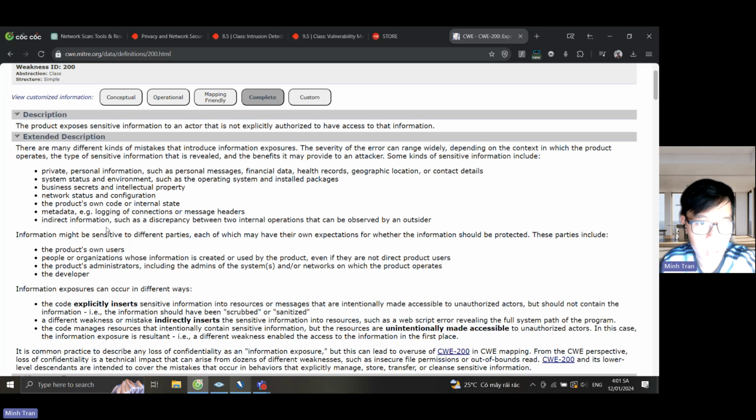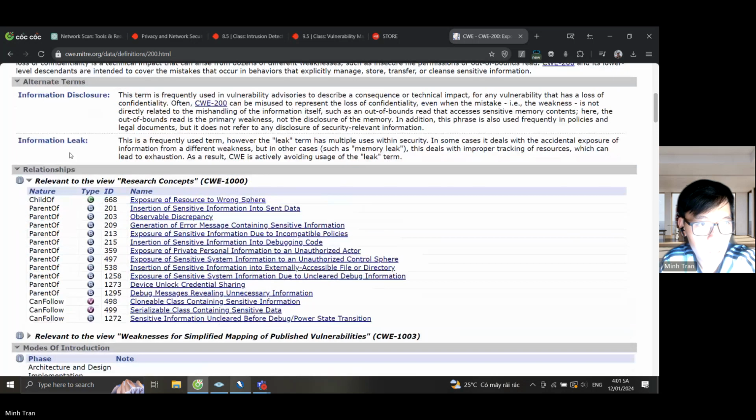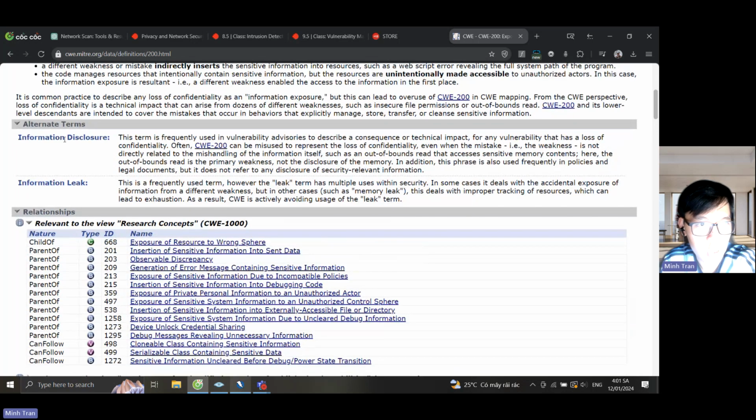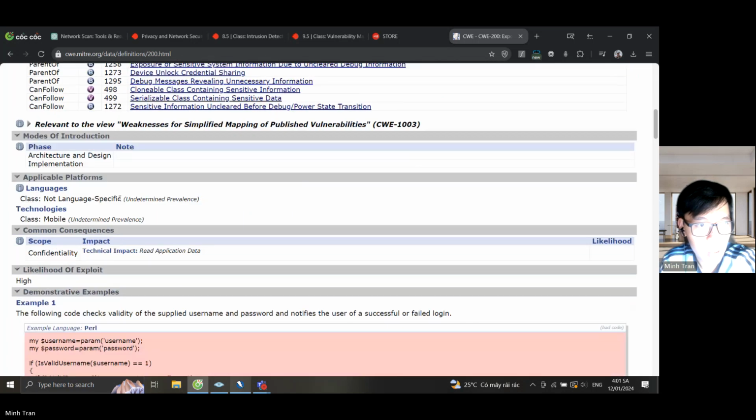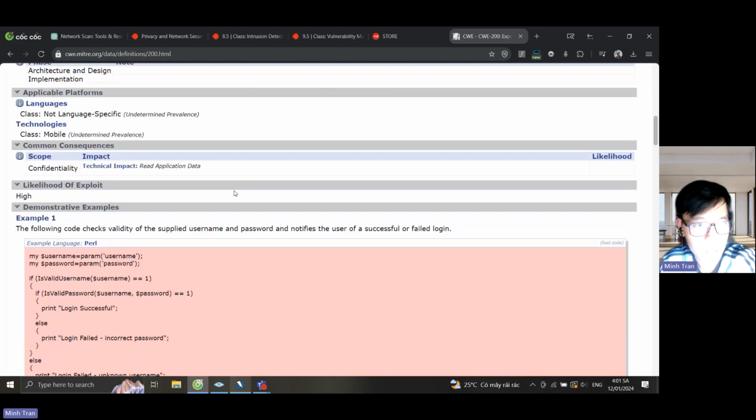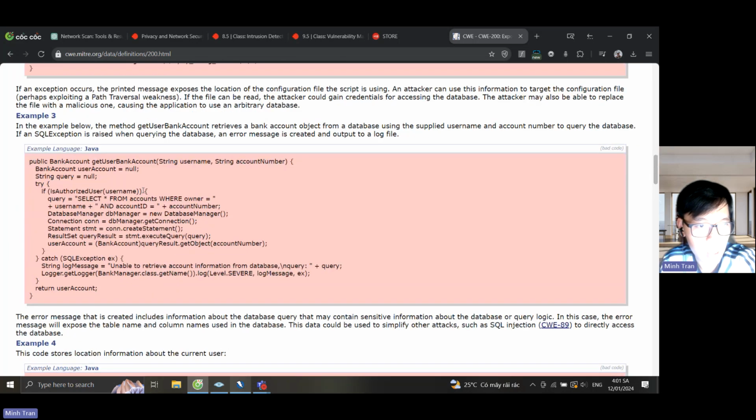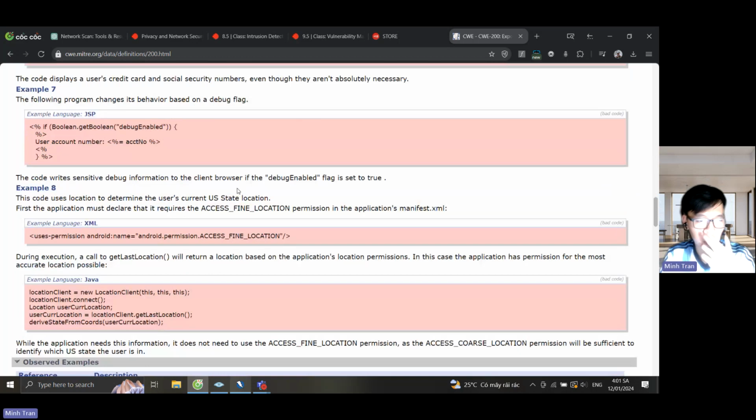Also, the network status and configuration are very dangerous if exposed to a cyber criminal. And yes, information leak, information disclosure, and it also recommends the potential mitigation if we scroll down near